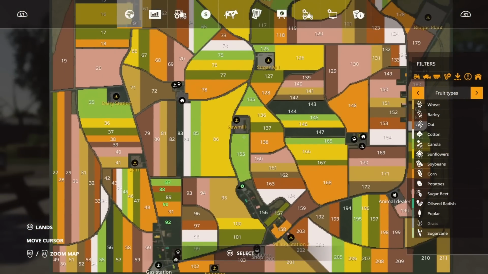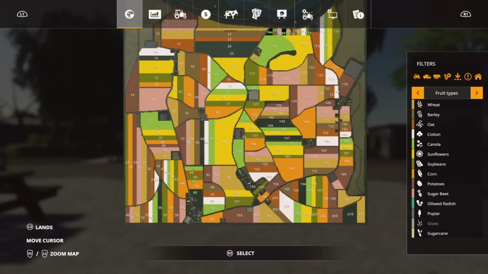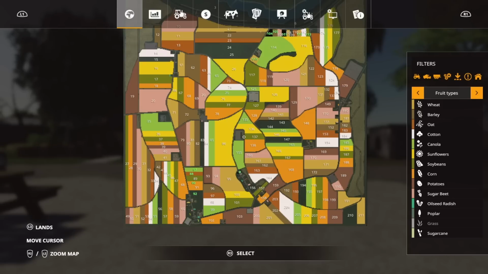This will be another one of those which is fantastic for multiplayer, and as you can see by that patchwork quilt of fields, there are 200 fields, I believe, on this, and I like this. This would be a very good start from scratch map. This would be great for probably beginners to the game, I guess,